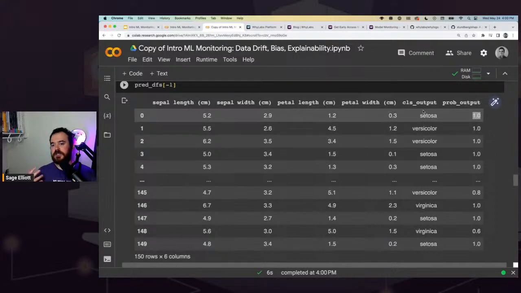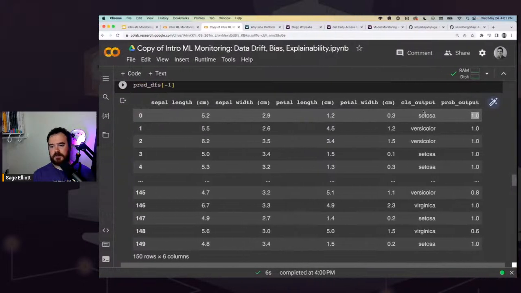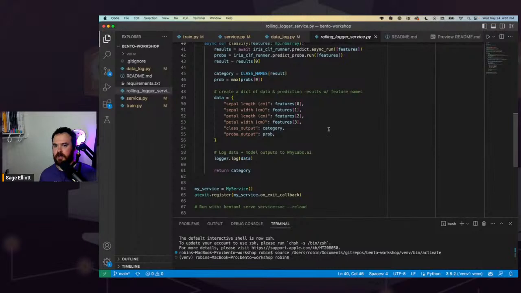If we wanted to, we could do this all at once. And in fact, when you go a little bit further down and look at bias and explainability, we actually do this all together just to make it a little bit quicker, because we're going to make another model with that. I'll also note real quick, if you're actually doing something in production, this is an example of using whylogs and WhyLabs with BentoML. So you could deploy a model with the BentoML framework, which makes it really easy to create endpoints and version your models. Here I'm just creating a data dictionary that contains all those features and then the category and probability output all in one place.